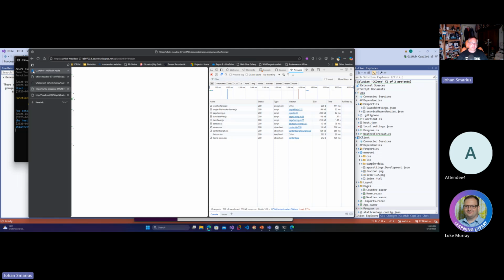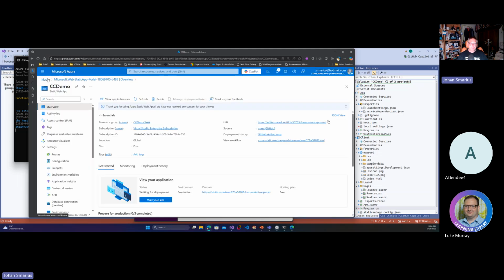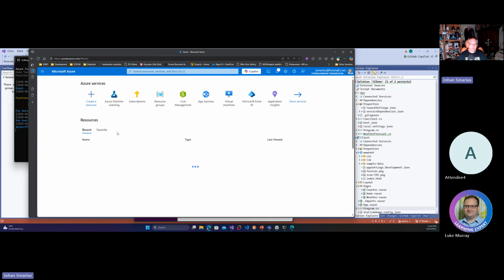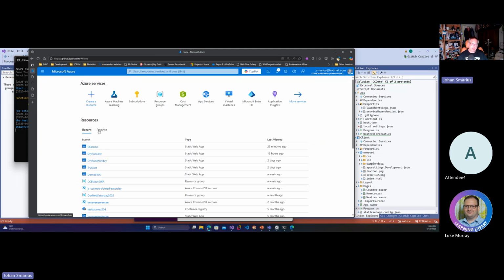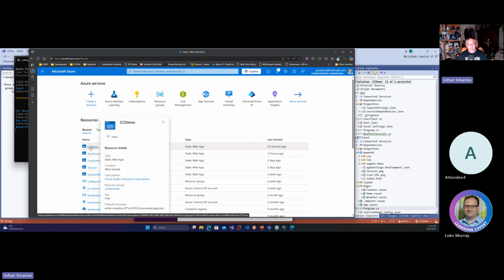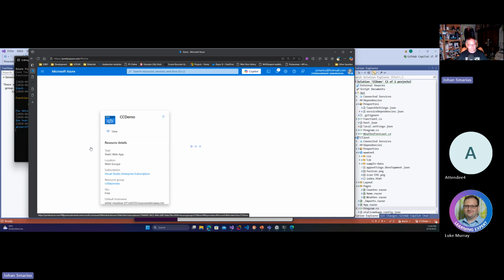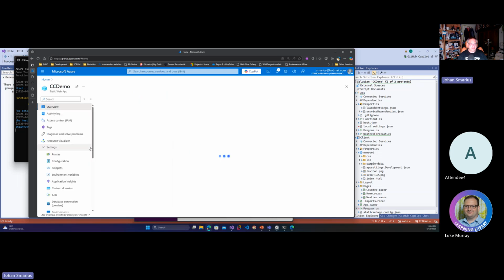One thing that's probably good to show you, if we go back to Azure, and if I go to my recent resources, you do see here my CC demo as a static web app. That's a bit strange because I don't see my Azure function. So if I go to my resource, and if I go to my APIs,